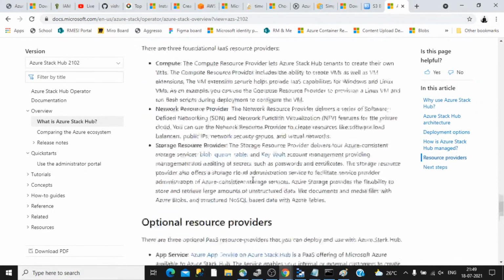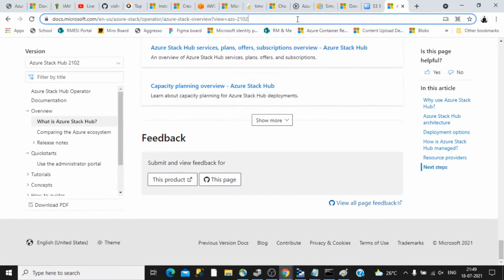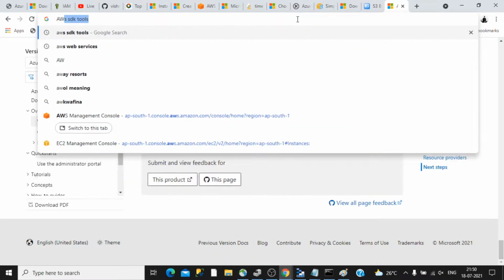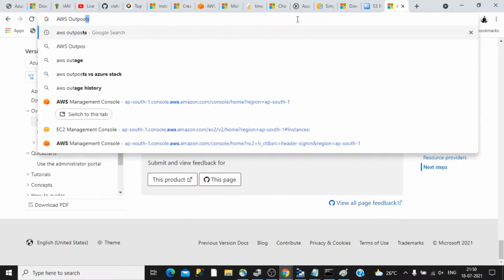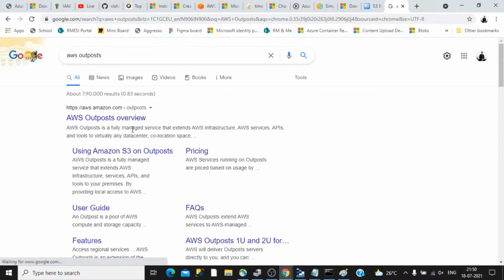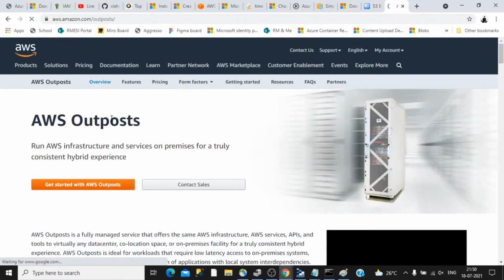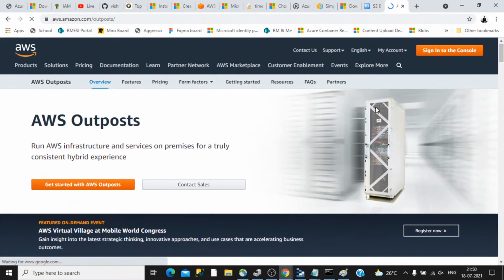This is the device. Similarly, let's see the equivalent in Amazon, which is called the AWS Outpost. If you open that, this is the device. This will sit inside your on-premise environment, and all the applications will be connected to it.